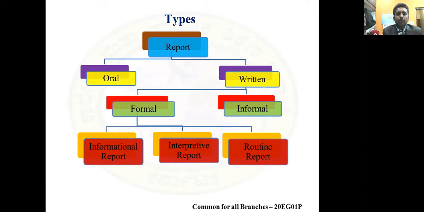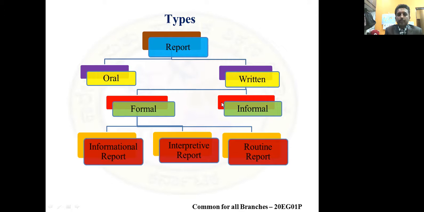And written communication contains the data collected or the facts observed in written format. In written report, we have two types. One is formal, another one is informal. Informal report is usually in the form of person-to-person communication. It may range from a short, almost fragmentary statement of facts on a single page to a more developed presentation